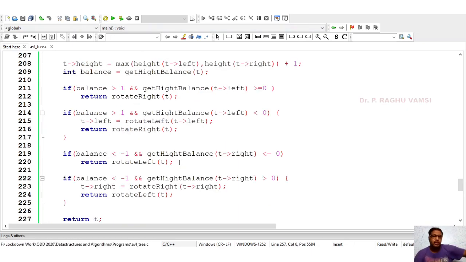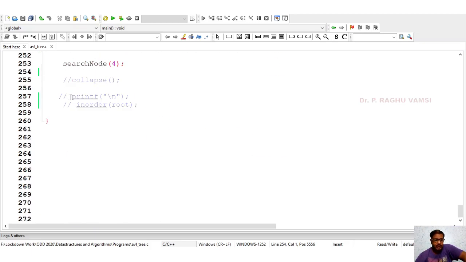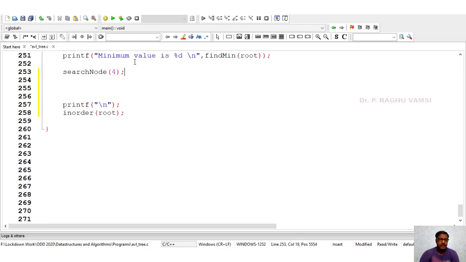Now we'll call this function, and we'll see whether this code is working properly or not. Previously we did till such node, then afterwards collapse also we did in the last video. So if you say collapse, then no tree is available. The reason I'm commenting collapse is that collapse may be called at the end, not now. So collapse I'm commenting and placing at the end.